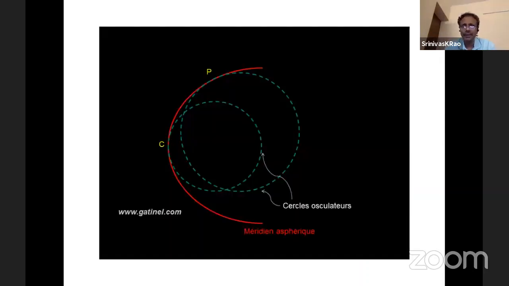But despite all of these drawbacks, it has worked very well. And even today, it works very well, particularly if you want to do a toric IOL and you want to look at astigmatism. The keratometer is still an extremely good device. And this works because in most normal eyes, the central cornea is close to a sphere. And all of the assumptions of the keratometer work very well when you're working in the small 3 millimeter zone of the central cornea in a normal eye.